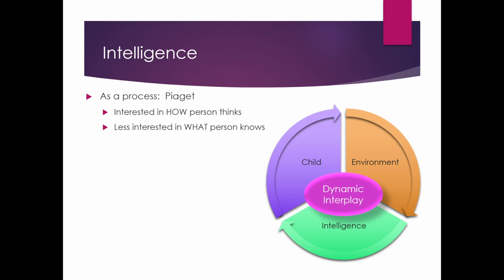I think if he was here to talk about it, he would talk about it a lot like Spearman, with this basic process that is intelligence. But I think Spearman would make an argument that you sort of are born with more or less of this general intelligence, this ability to reason and whatever, whereas Piaget would say you're born with a predisposition towards a certain amount, but the interaction with the environment is going to really help to formulate your reasoning and your cognitions and stuff. So I think that Spearman and Piaget probably agree a lot, but it's that process component that's different for Piaget.